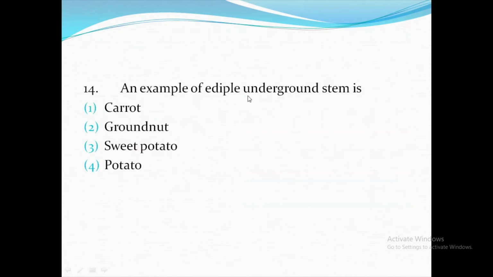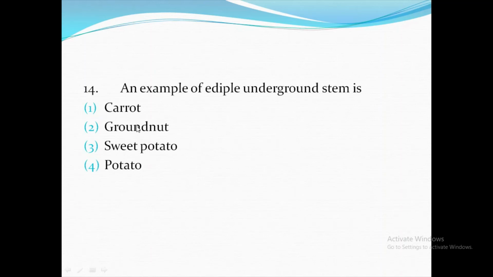An example of edible underground stem is: edible. Okay, there's a spelling mistake. An example for edible underground stem is something that can be eaten. So they asked underground stem. Now carrot and sweet potato are modified roots. They are also edible. Whereas groundnut is nothing but a fruit that is formed from